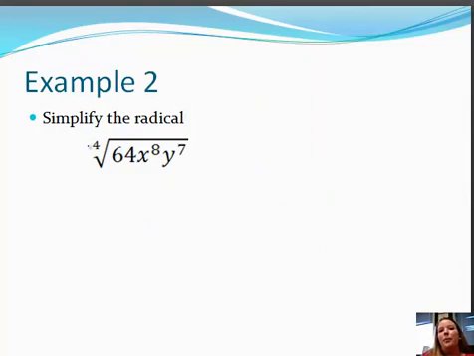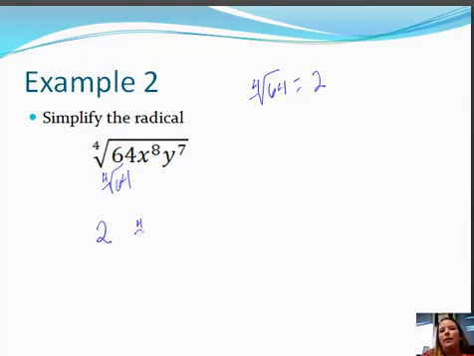So now we have the 4th root of 64x to the 8th y to the 7th. Well, the 4th root of 64 is equal to 2. And I know that just because I know it. But if you didn't know it, you could start dividing numbers to see which one would go into it. Okay, so the 4th root of 64 is 2, so that comes on the outside of